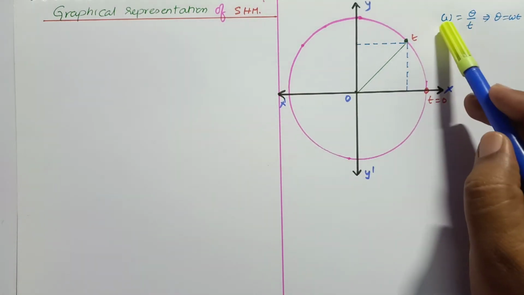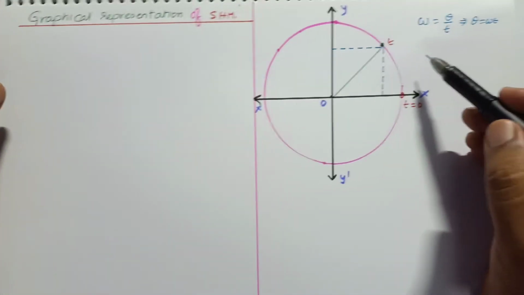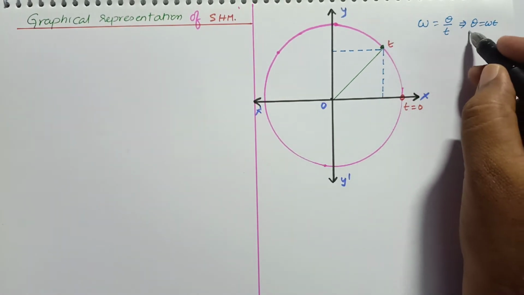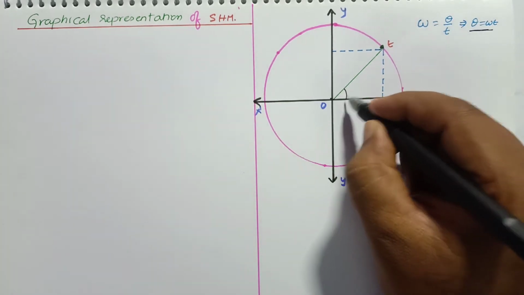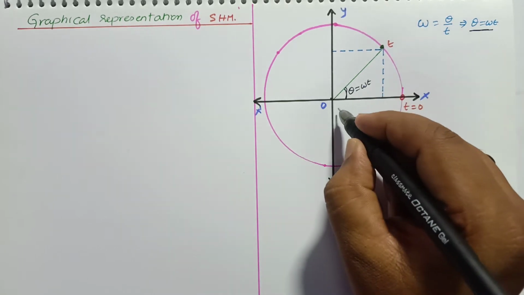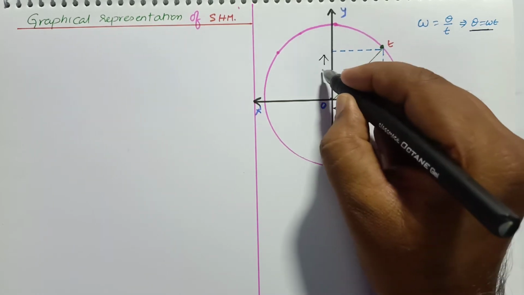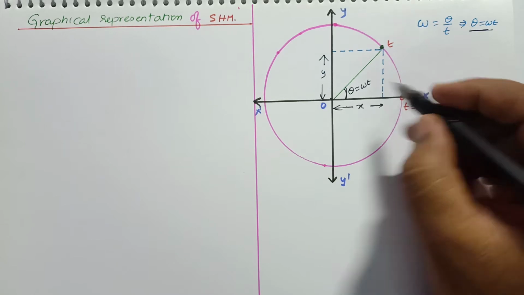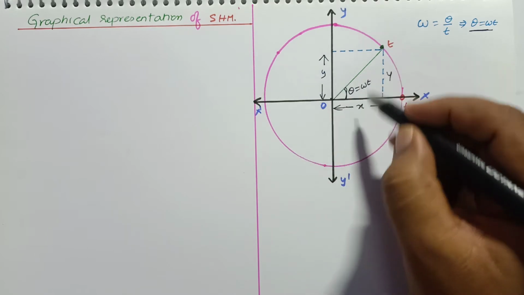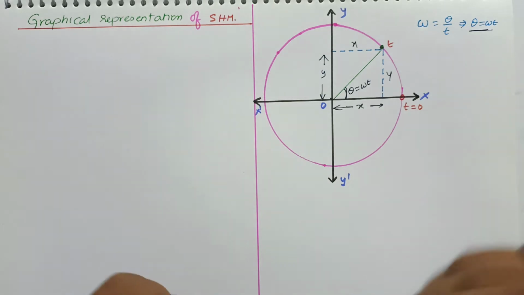Therefore, you all know angular velocity omega is equal to angular displacement by time. Therefore, angular displacement theta can be taken as omega into t. So we can consider this part as theta, which is equal to omega t. This part is considered as the x component, and this part is considered as the y component. If this is y, this is also y, because this is a rectangular component. In this rectangular component, opposite sides are going to be the same.